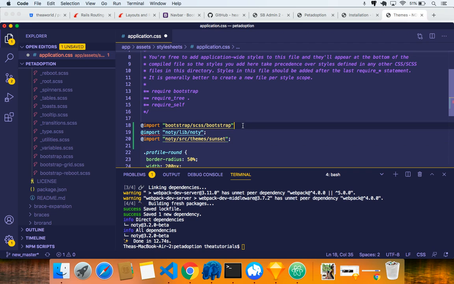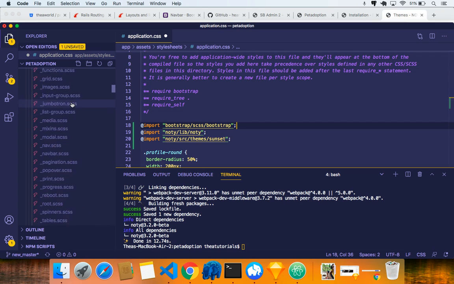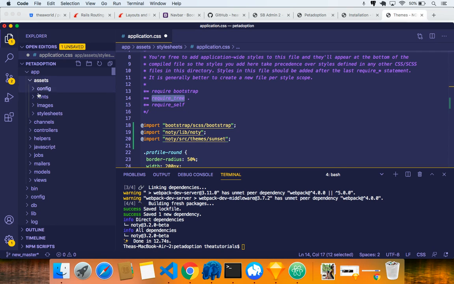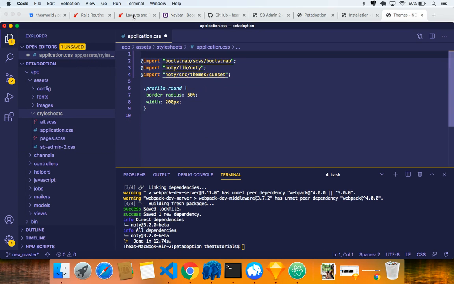The reason I have an error is because I forgot to put my semicolon, like that. The next thing we need to address, since we're switching from CSS to SCSS, is here where it says require tree. By saying require tree, we are saying put all of these here, require all of them. It means require all SCSS, require application.css, pages, all of that. So if we remove all this and we do Command S,